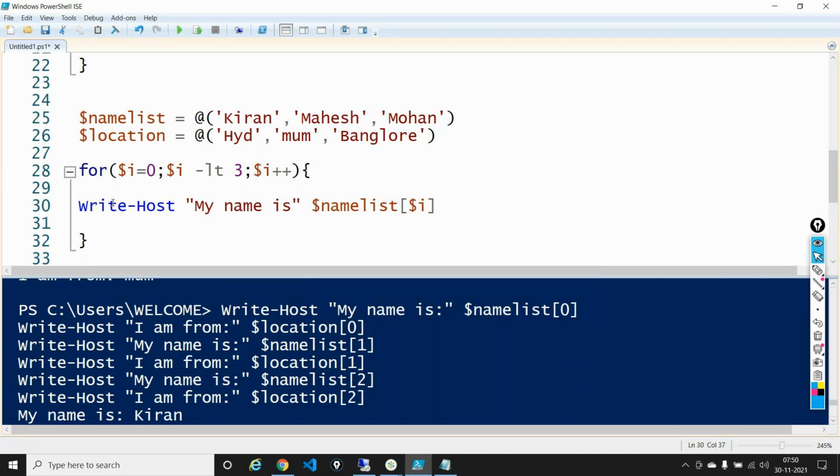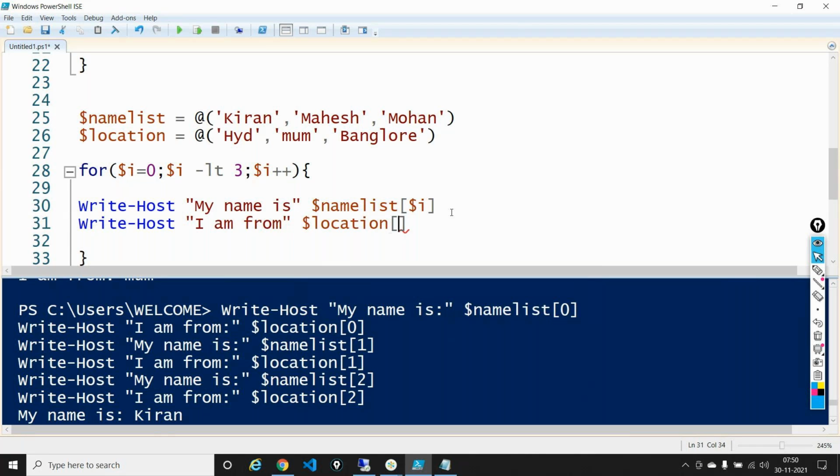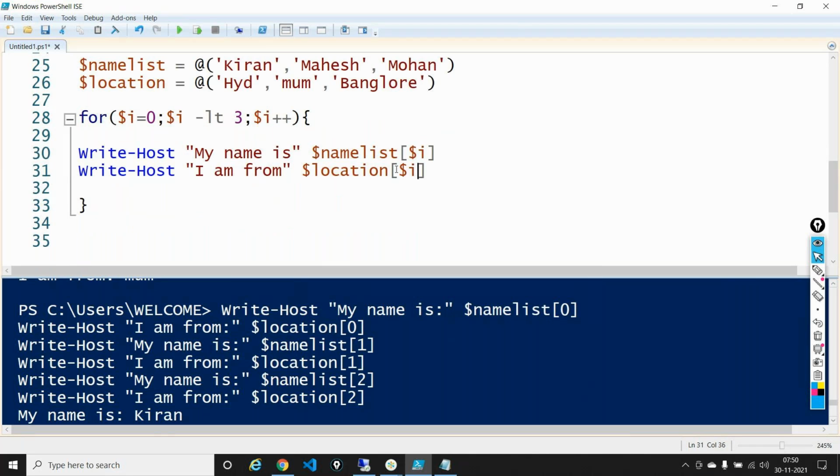So inside the index, I'm declaring $i. And after this, I'll again say Write-Host I am from, again $location, brackets $i. Now if I execute this out,